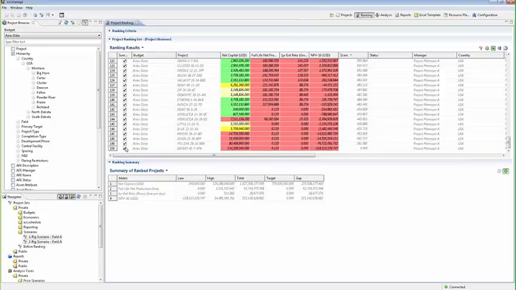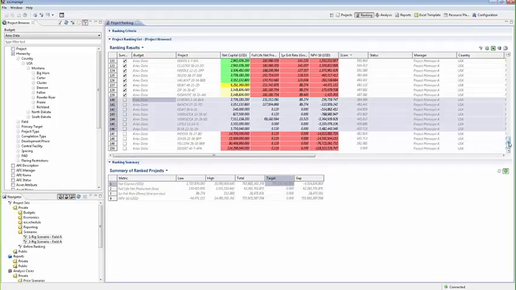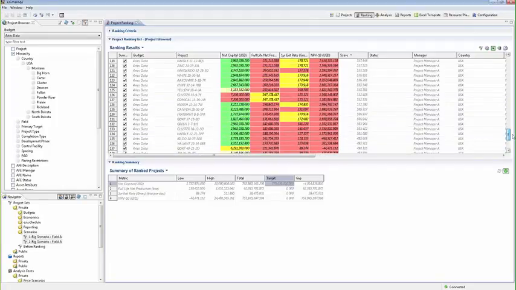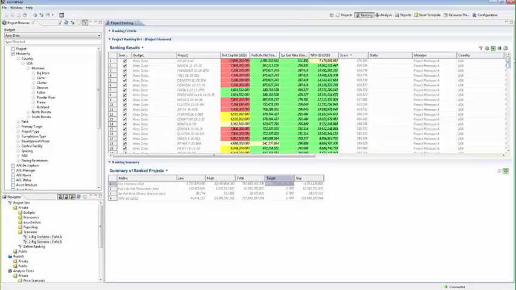Now, what I can do is I can come down here and I start with these poor performers and turn off these projects. Now, notice that as I turn a project off, my total decreases. So my goal, let me just multi-select a few of them. There we go. Now, this is actually pretty close to the target. So what we have been able to do in a matter of a few minutes is to identify our best